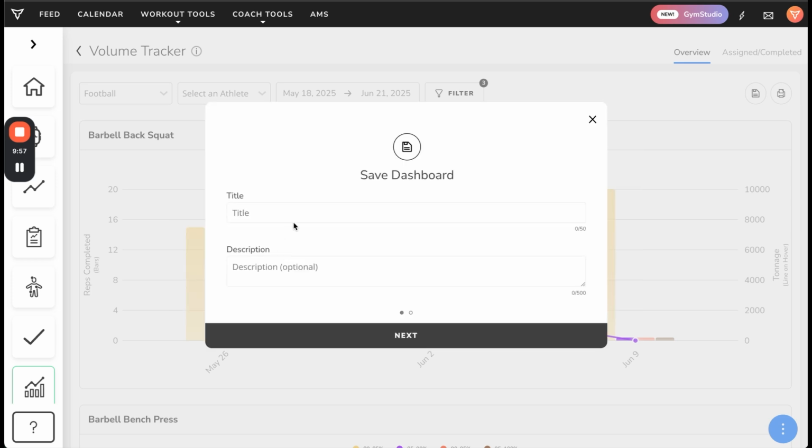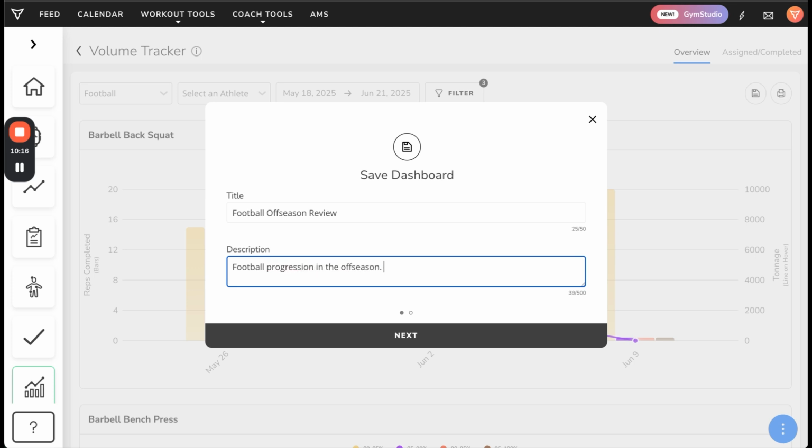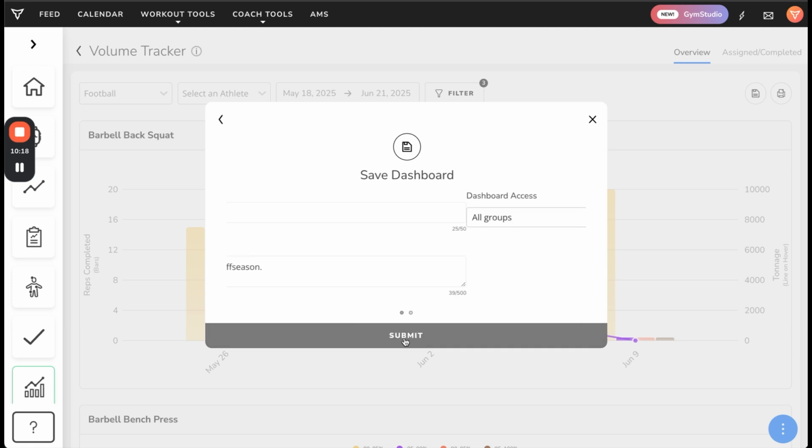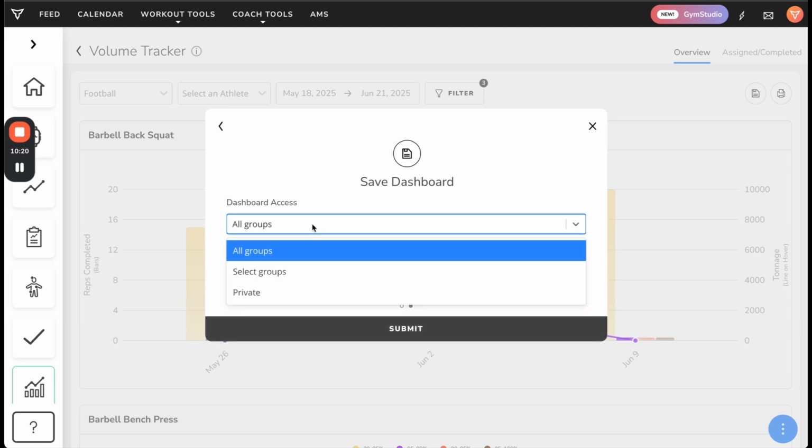If we hit Save Dashboard, you can add a title. You can name this Football Off-Season Review. You can add a brief description if you'd like. You can assign the groups. So if this were all groups within your TeamBuildr, they will have access and can be loaded onto this volume tracker